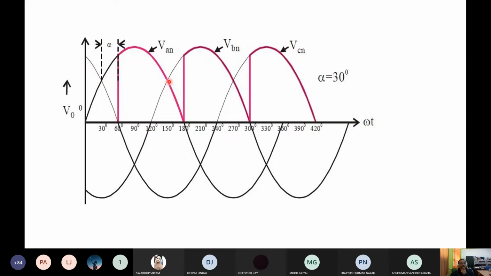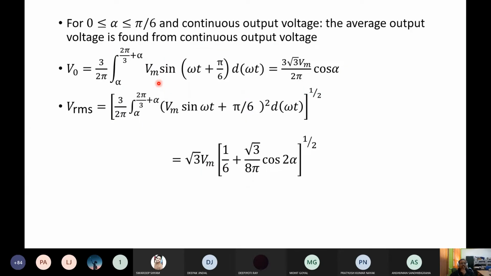Between here to here, how much? It is 120, na? Here to here, yes. 120 plus alpha. Okay. Here, this is the alpha. The same angle will be for all. This is one limit. We are measuring from this dotted line. Here the first limit is alpha, second limit is 120 plus alpha. Okay. This you draw. So shift this to this. Okay. Now it is clear. Yes, sir.